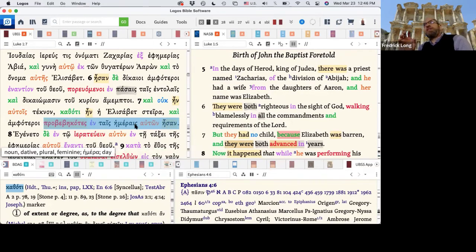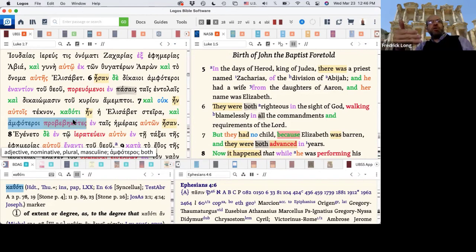Usually periphrastics, if you look at the majority of them, you're going to have a form of eimi, sometimes ginomai, sometimes archo, very rare, but you're going to have that, then the participle. So when you put the participle way in front, it's for some effect. And here the effect would be to abut it. I think you have some abutted emphasis. Greek has some flexibility in word order, and if you want to associate things together, you can abut them grammatically. And I think it has to do with maybe the visual picture that is being conveyed.